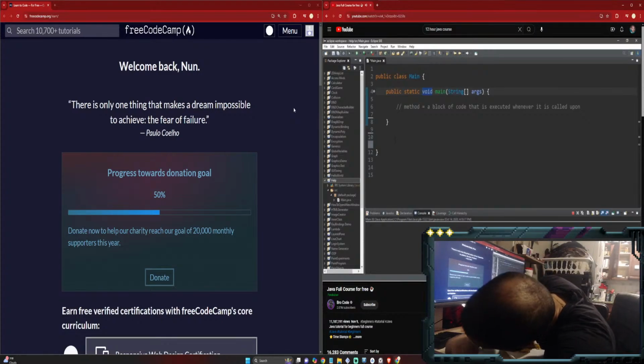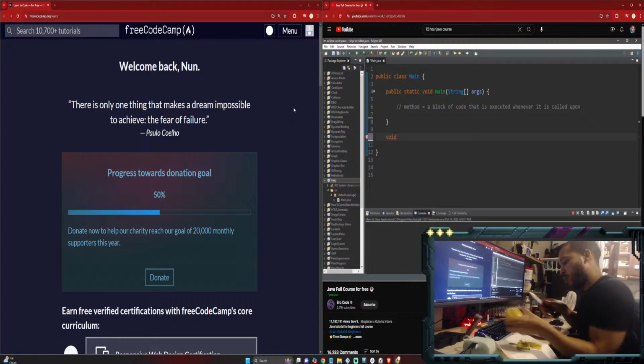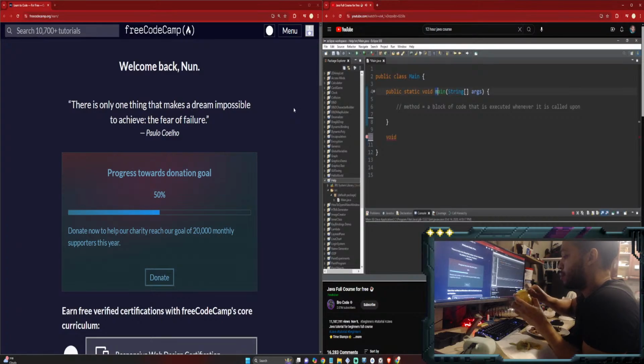For now, we're going to list the word void, followed by a method name. Our main method is called main, and a common naming convention for methods is to have the first letter lowercase. So let's create a method called hello. When we call this method, it will display a message such as hello. So this will be hello with a lowercase h, then we need a set of parentheses, and then a set